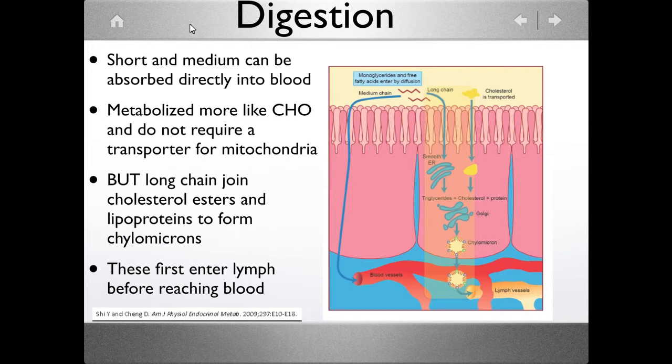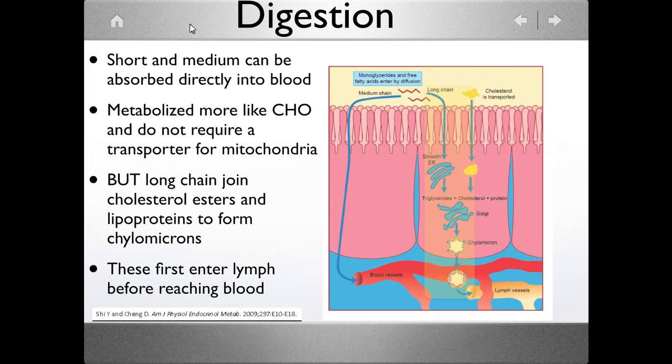Then triglycerides plus cholesterol and protein go through the Golgi apparatus, which goes to chylomicrons. That goes in lymphatic vessels and eventually dumps back through the jugular into normal blood, and then it can